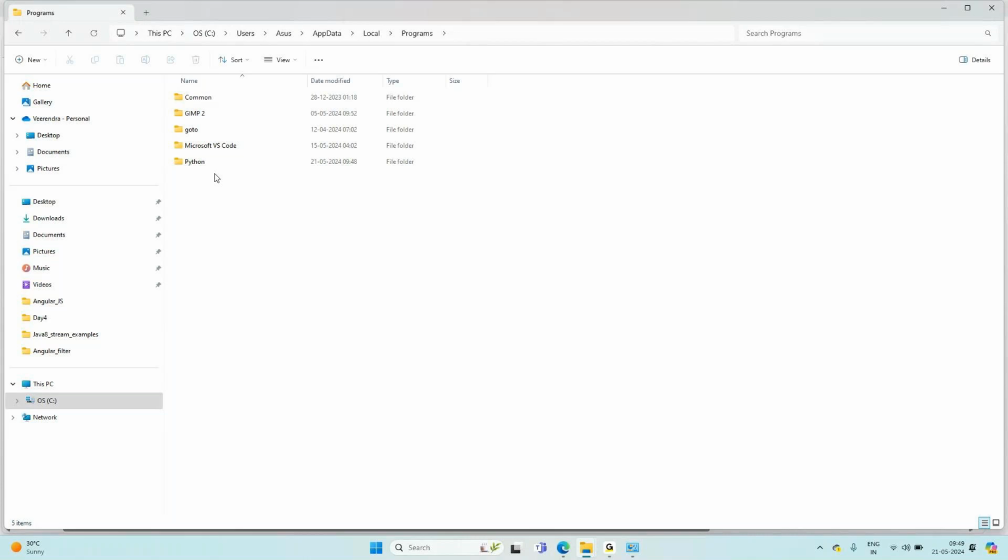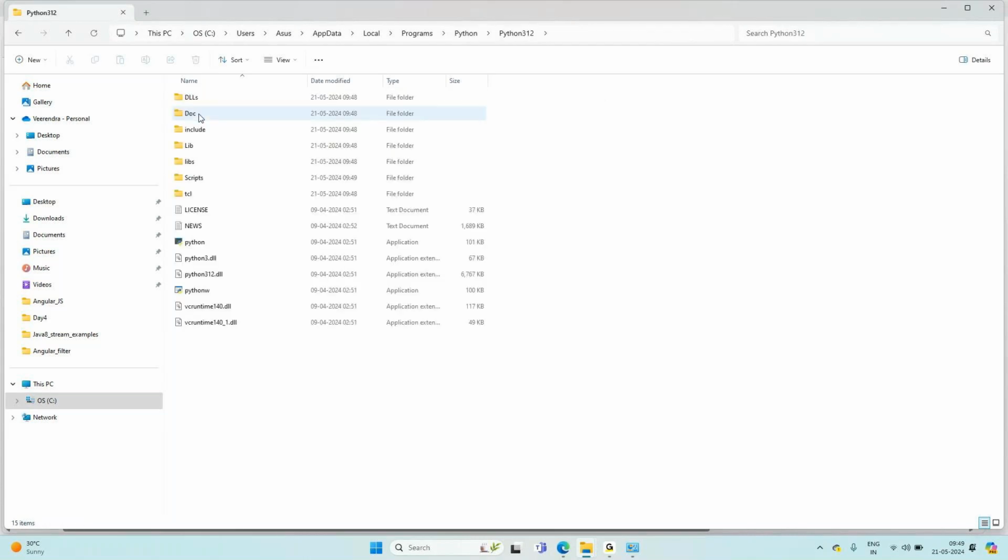So under Programs, Python. You got the launcher, and here you see Scripts. Yesterday this was missing. That was the problem. So now Scripts has come. Now generally path setting is required, but for now we will try to see